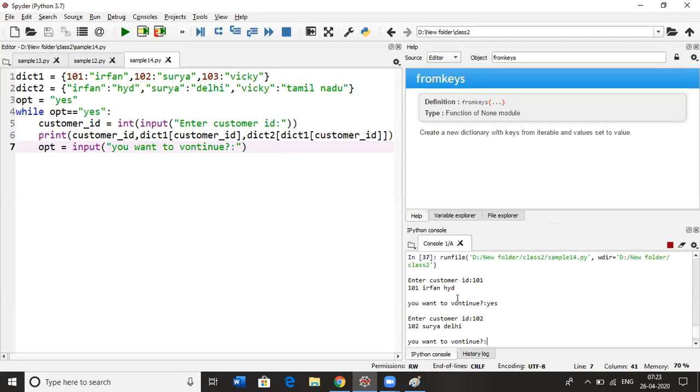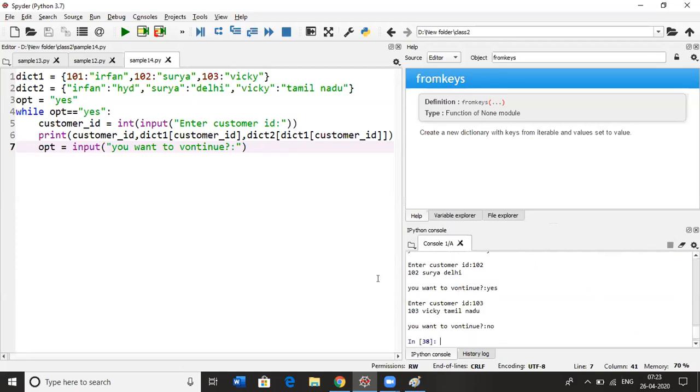So it is printing the 102 details, and I'm going to put yes one more time. 103, it will print the 103 details. If I put no, it will exit from the loop. Okay, so you can understand this. Let's move on to the other.